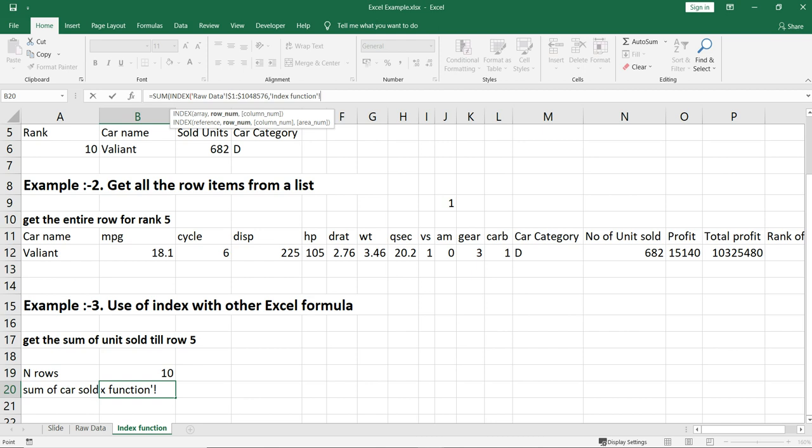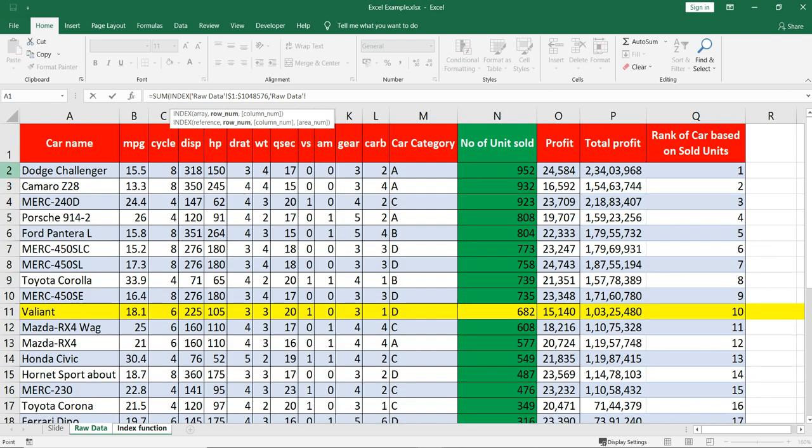Because our parameter given here, n rows, is 10, so we need from row 2 till row number 11. So we'll put our row as 2, and then we need the sum of units sold, which is in column 14, so we'll put 14 here. So we have the first dynamic range here for sum.